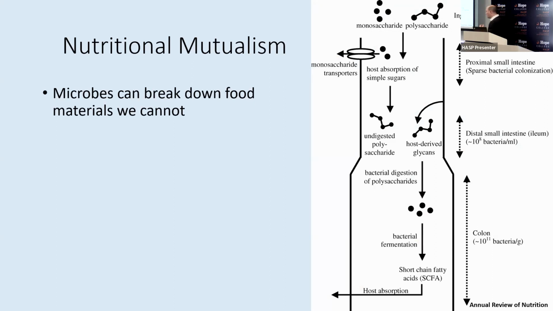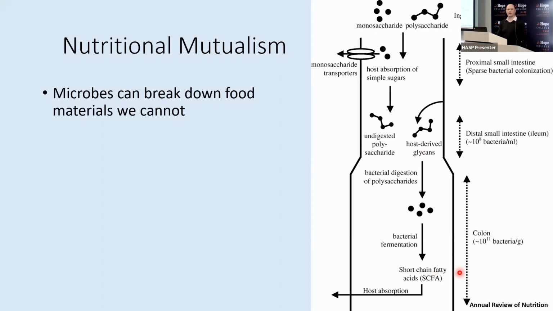We consume a lot of foods that we can't fully digest, fully process, which brings us back to things like beans and cauliflower. We consume a lot of plant carbohydrates that are large, complex molecules, and we don't have the enzymes to break those down, but the bacteria do. Now, a lot of that is for their own benefit, right? It's so that they can grow and multiply and do all the things that they do. But it turns out that some of the products that they produce at the end of all of this processing,